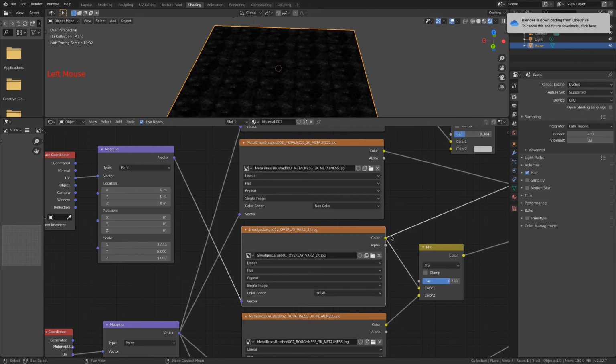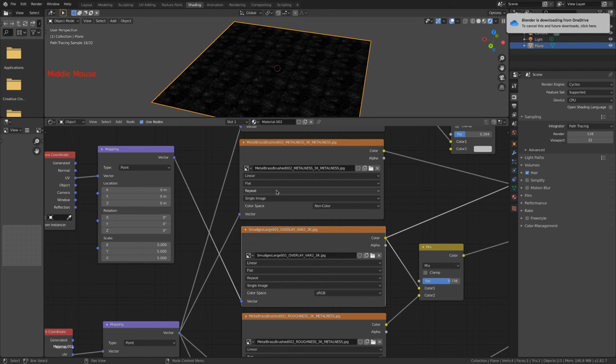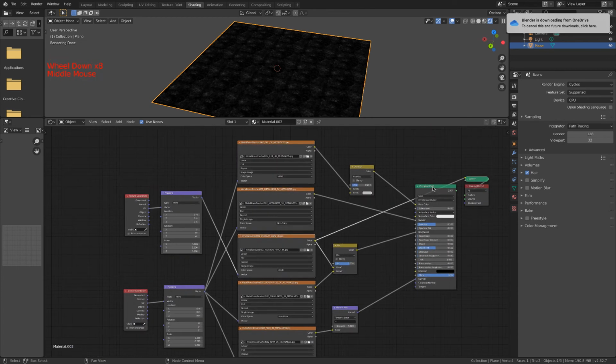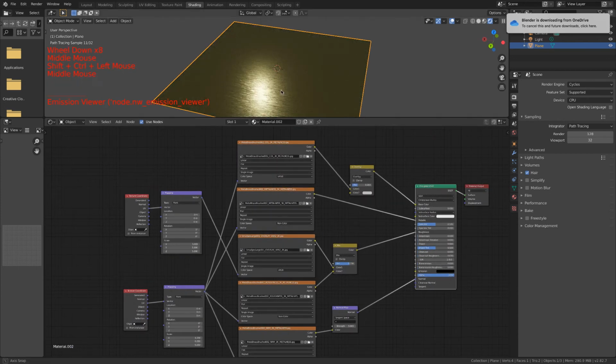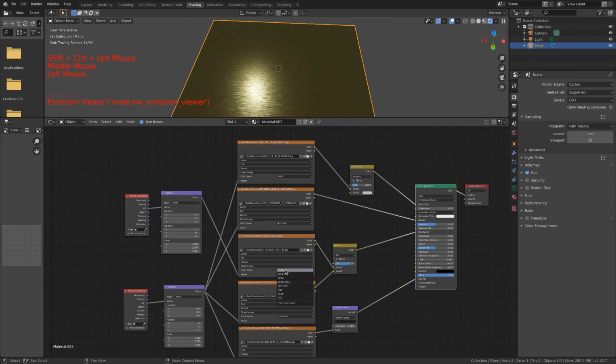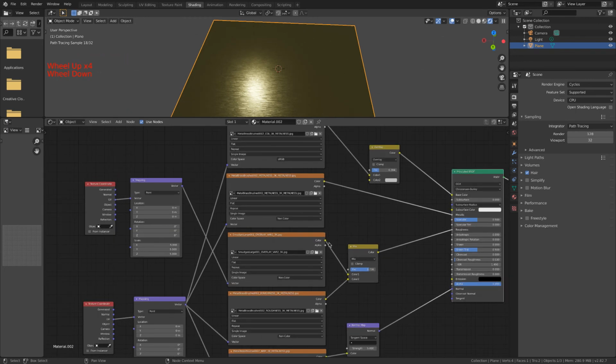That's the white on black rather than black on white. And then we can Control Shift click. And that's changed. Let's put that back to non-color data, and we can plug that back in over there if we want to, so we can have a look and